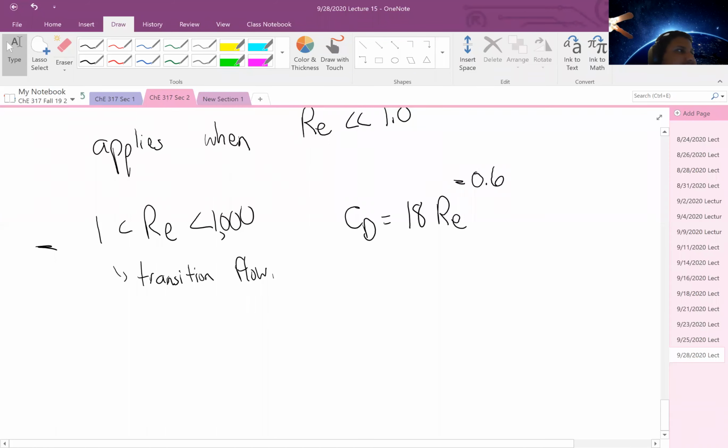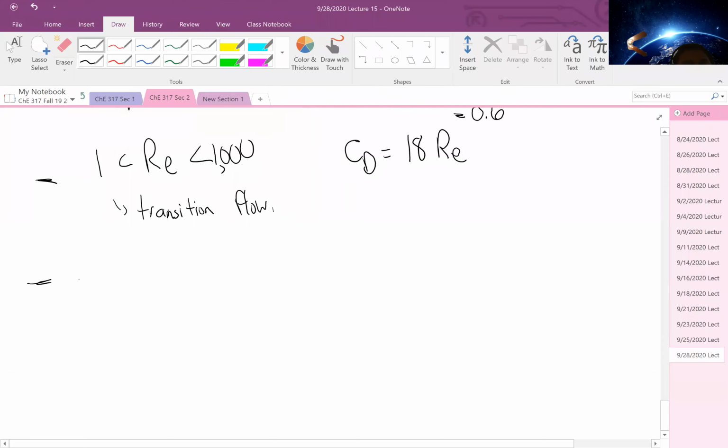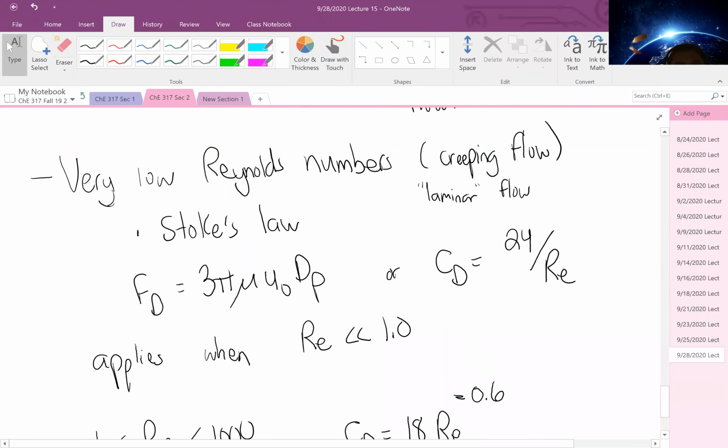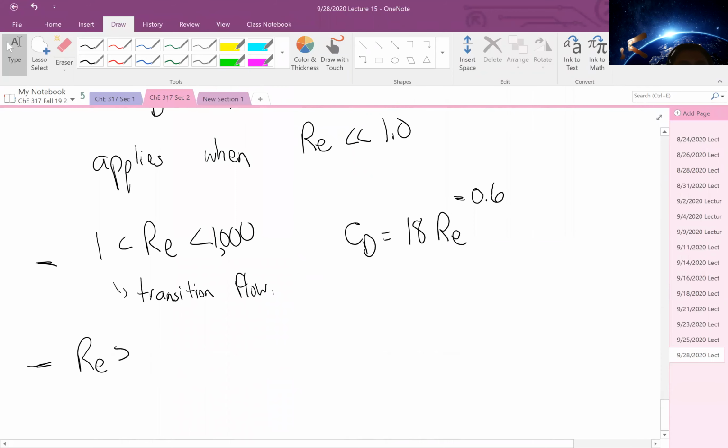And so we find that in these systems, transition and turbulent flow occurs at much lower Reynolds numbers. And so we would consider Reynolds numbers less than 1 to have laminar characteristics, Reynolds numbers between 1 and 1,000 to be more transition in characteristics, and Reynolds numbers greater than 1,000, or I should say between 1,000